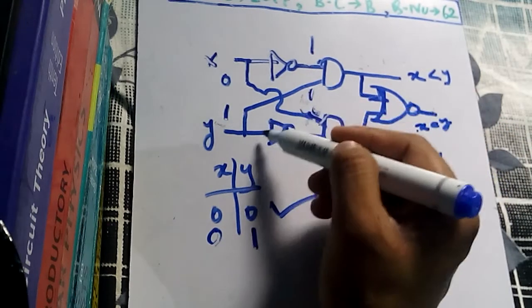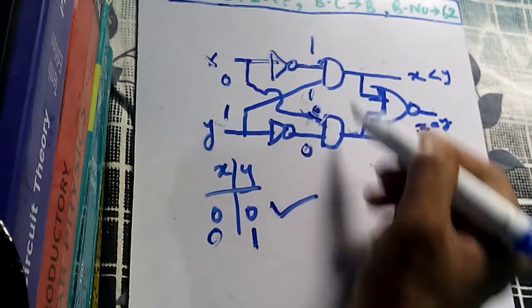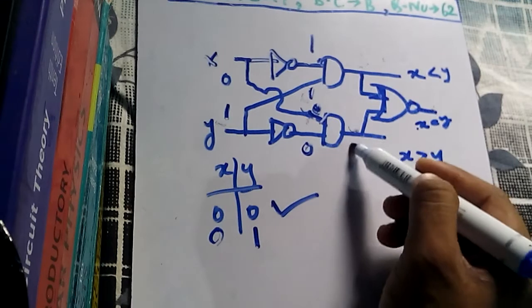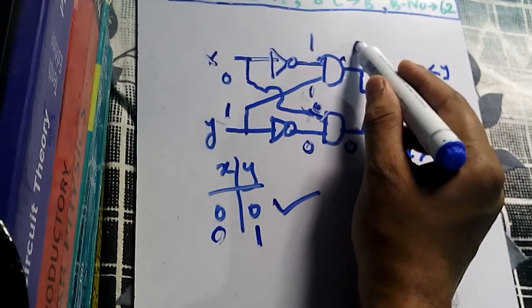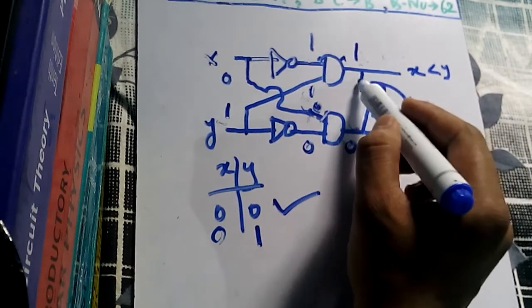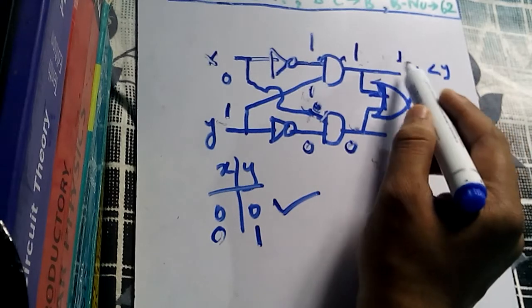Here also you get 1 because this y goes there. Here you get 0, here you get 0. This gate 0 0 will produce 0 here, and this 1 1 will produce 1 here. As you can see, this 1 goes directly to the output here, so